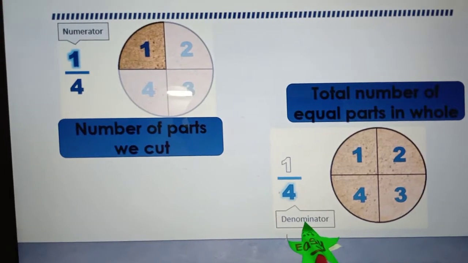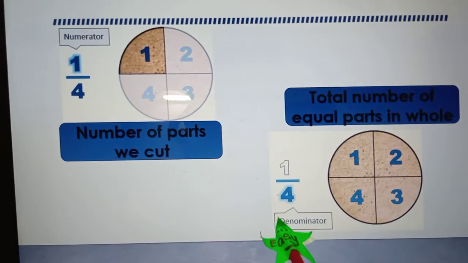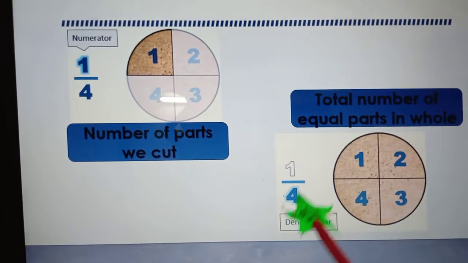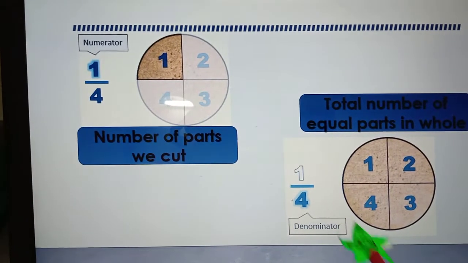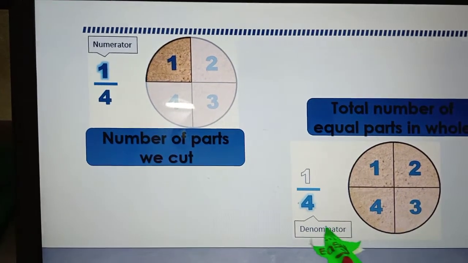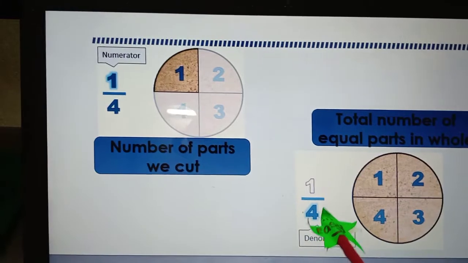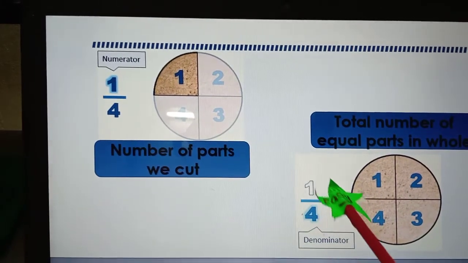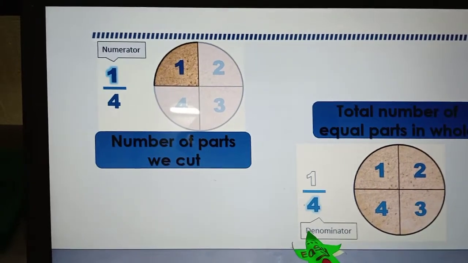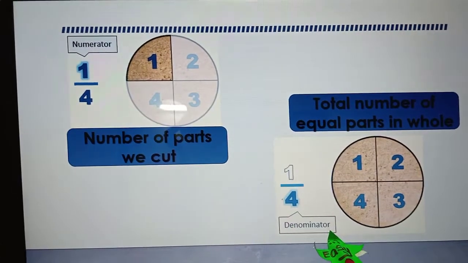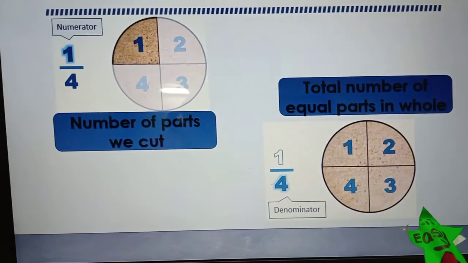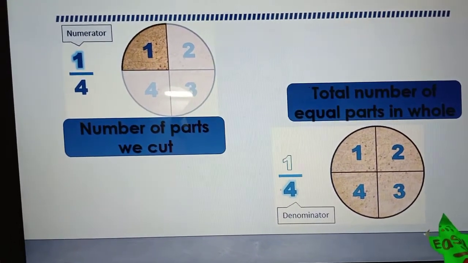So the easy way for you to remember, can you see here, D down. You just memorize like that, D down. So denominator is the down one, and the up one will be the numerator. When you can recognize the down one, you automatically know which one is the numerator. D refers to down, so the down one is denominator, so the up one is numerator. If you think like that, it will be easier for you to remember.